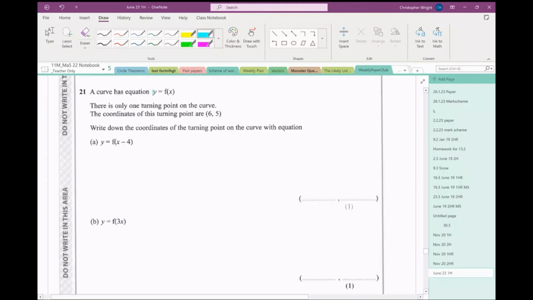A curve has equation y equals f of x. There is only one turning point, and the coordinates are 6, 5. Write down the coordinates of the turning point on the curve with the equation f of x minus 4. Well, if the coordinates of the turning point, let's just assume it's a maximum for the purposes of this drawing, are at 6, 5,